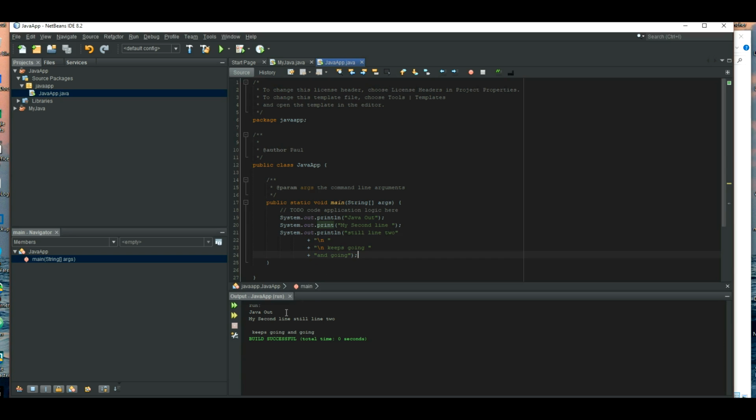It kept going until we told it to go ahead and print a new line, which you can also do in Java. It operates just the same as C++ or anything like that, where you've got a brand new line with the \n there. So I hope in some way this gives somebody a little bit of a start,